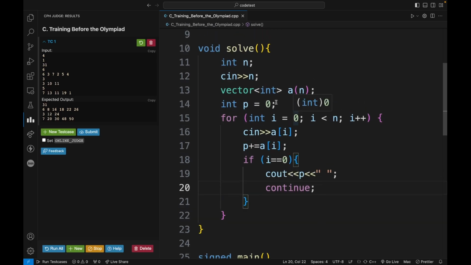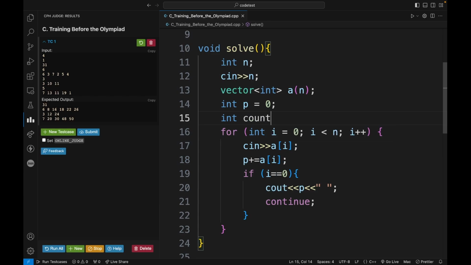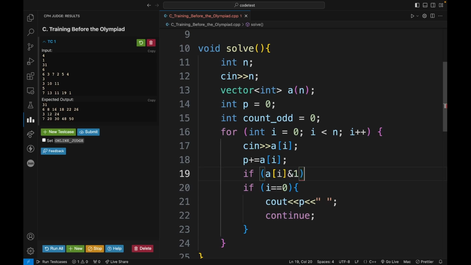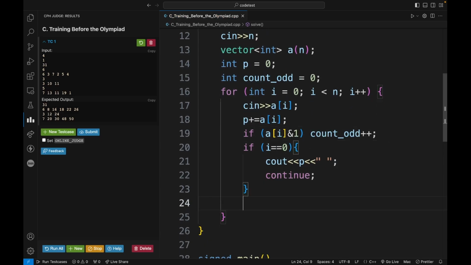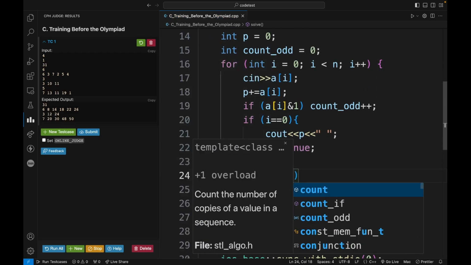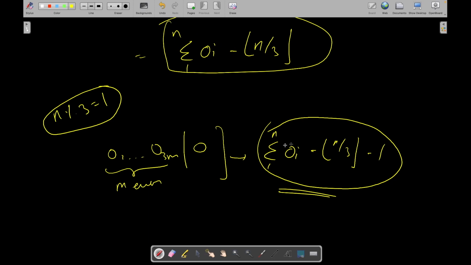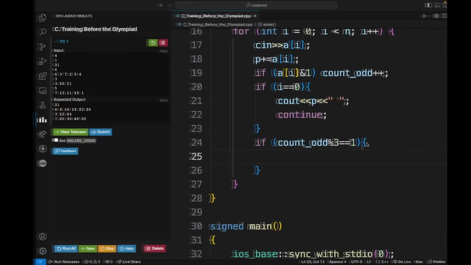And now we need to also check the number of count variables. So I will say count_odd is equal to 0. Then if a of i and 1, so let's do this here. If a of i and 1, then count_odd plus plus. And now I have to check for three things. If my count_odd mod 3 equals 1 or not. If it is equal to 1, what did we do? If it is equal to 1, then we simply took the sum and we added a minus 1 here. So cout